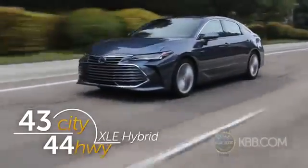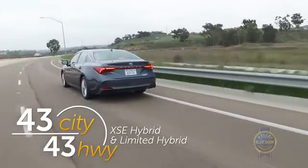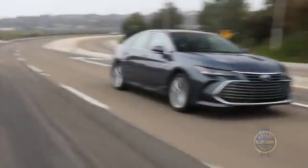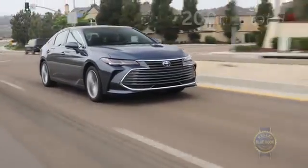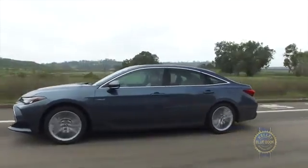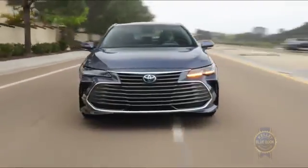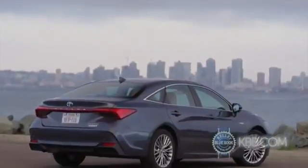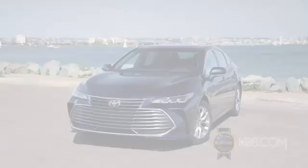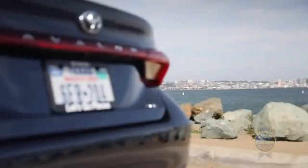Just like the V6, higher hybrid trims lose 1 mpg on the highway, but those are still spectacular numbers. Blending a 2.5-liter 4-cylinder engine with a torquey electric motor, the hybrid generates 200 total horsepower while running 87 octane. Given its respectable power, tremendous fuel economy, and modest $1,000 premium versus equivalent gasoline versions, the Avalon Hybrid might be the smartest choice. Speaking of prices, as mentioned, you can slide into a base Avalon XLE trim for less than